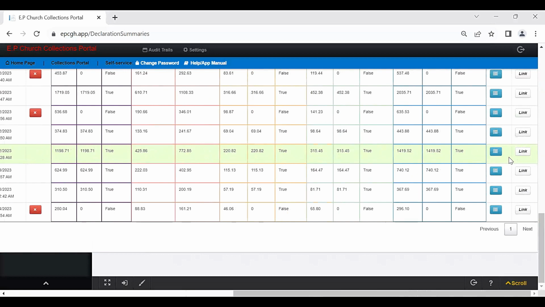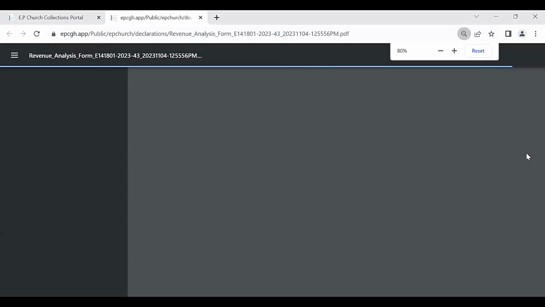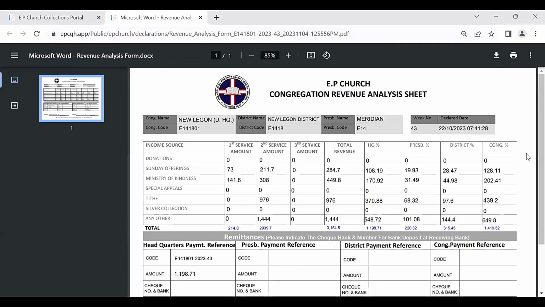All I need to do is to come to the extreme end of the page and click on this link. When I click on this link, the system should be able to generate for me what is called a declaration form, what I showed you earlier. So that Sunday, which we are talking about, as week 43,